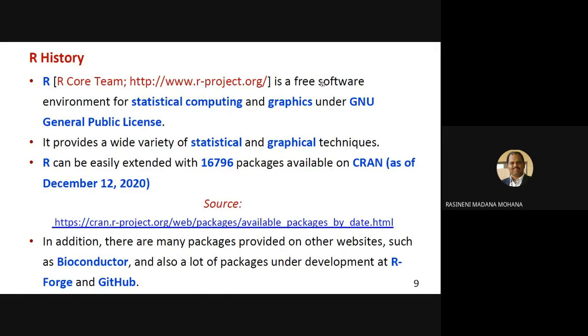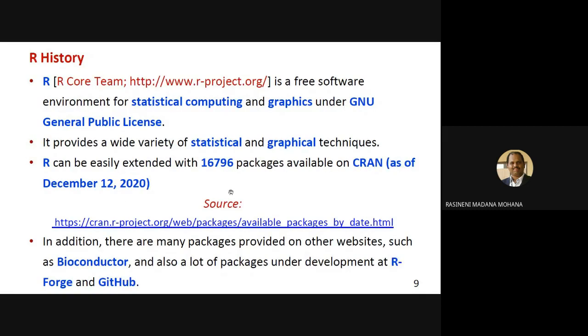The website is www.r-project.org. R is a free software environment for statistical computing and graphics under the GNU General Public License. It provides a wide variety of statistical and graphical techniques. R can be easily extended, with, as of December 2020, 16,796 packages available on CRAN.